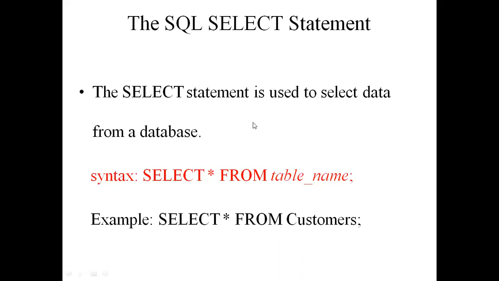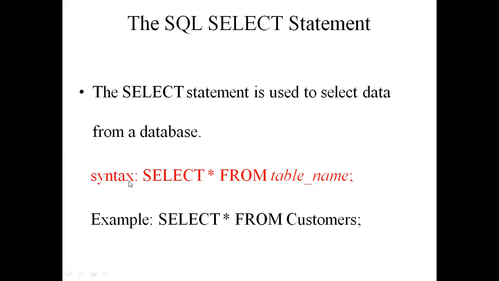Then if you want to view the whole table along with your inserted records, what command do you have to use? Yes, you have to use the select command. The DESC command will give only the structure of the table. You can find only columns, not all the rows that you have inserted. If you want to view the complete table, with all rows and columns, you need to use the select command.